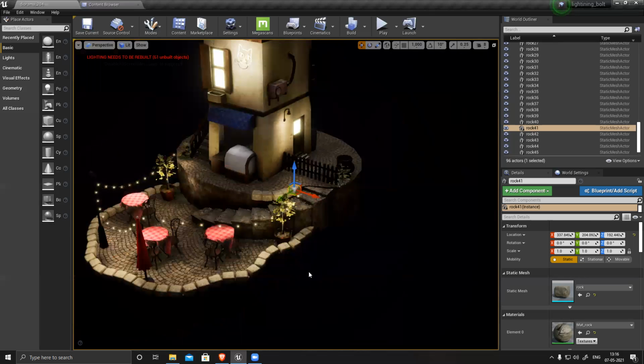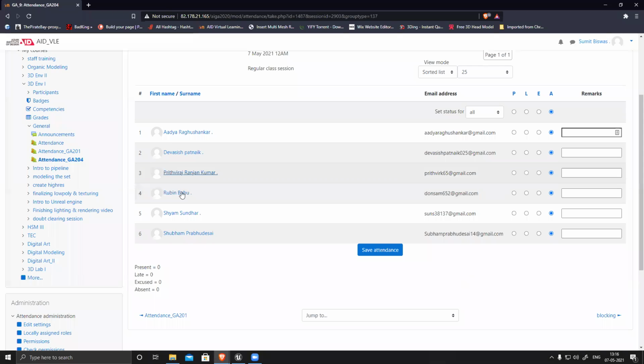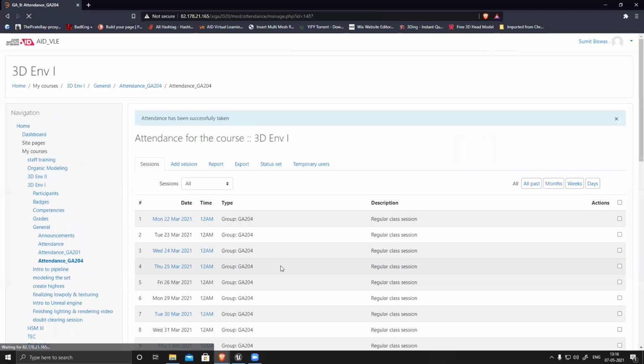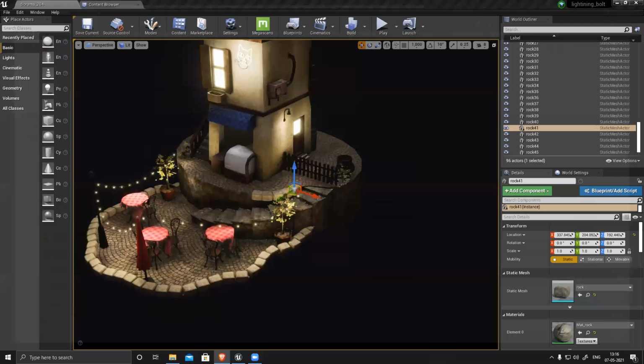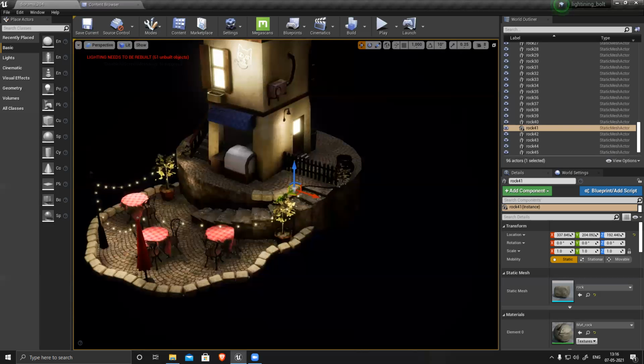So start texturing your thing, then we'll import everything into Unreal and start creating all the details. I'll do all those things, fix everything and create all the details here.